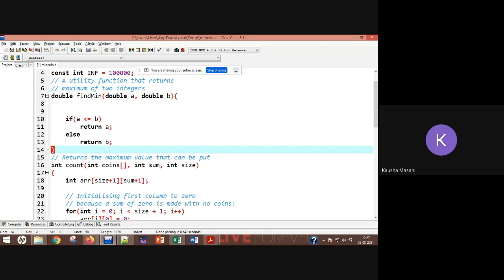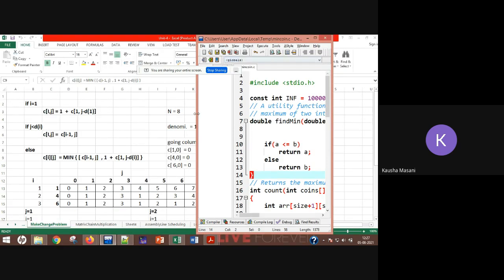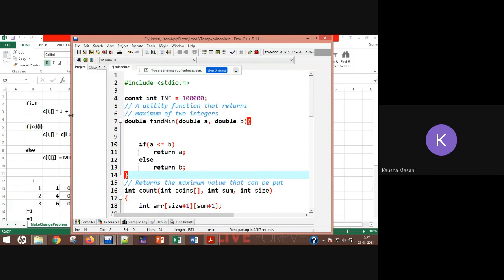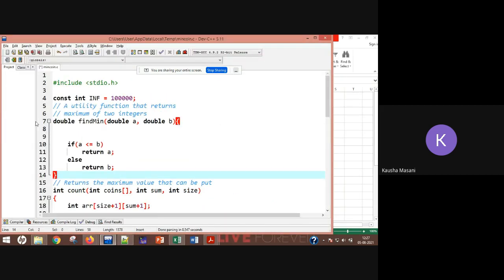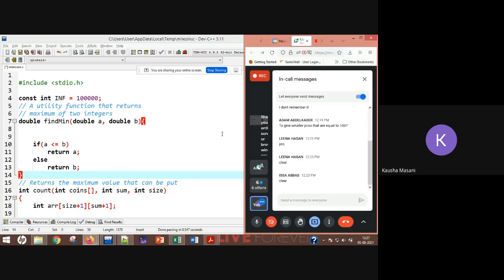So I'm keeping this for you. Start noting it down. I'm providing you the solution here, ready solution. Start noting it down, everyone, and if you have any doubt, ask.